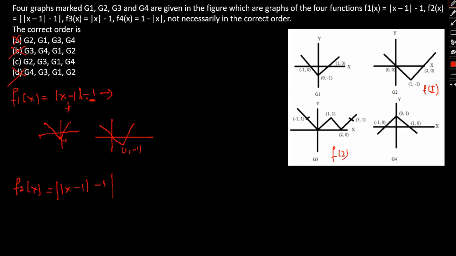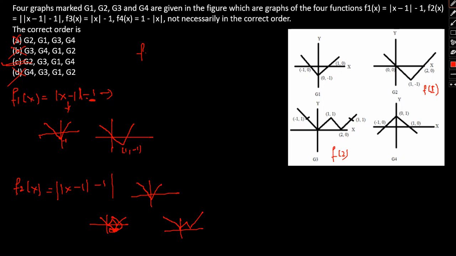So how will the graph actually look in this case? See, for mod of x, it was something like this, right? And if we shift it forward one place, the graph comes out to be something like this. In this case, the graph would go somewhere here, and this portion will simply be inverted upwards. This particular portion would go up and the graph will continue. So this is f2. So C is our correct answer. But then again, let's take a look at the other options as well.